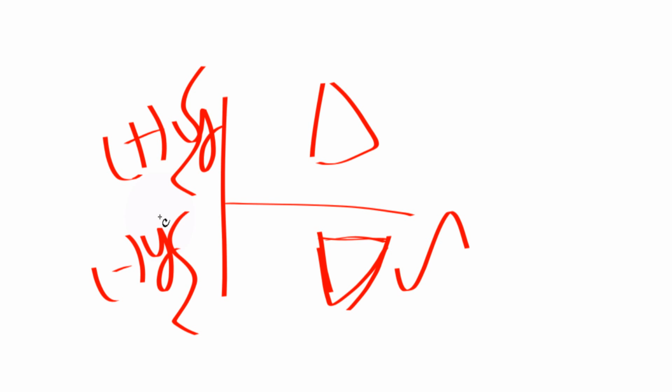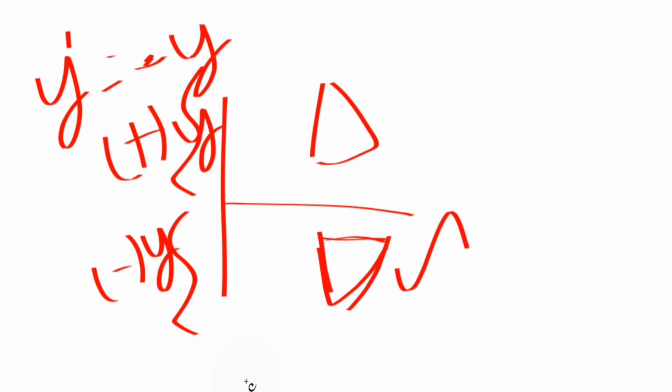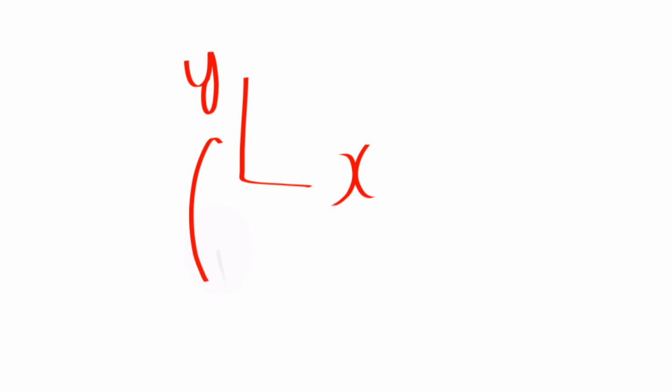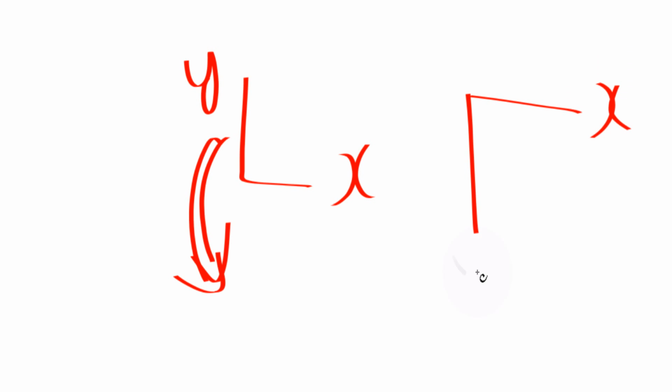So for reflection about x-axis, we put y is equal to minus of y. So it's y dash equal to minus of y. So the new y is given by the minus sign of the old y, right? And as we already know, our computer coordinate is a bit different. So this is our typical graph. If we rotate it this way, we get x and y axis like this. So our computer coordinate is like this one.